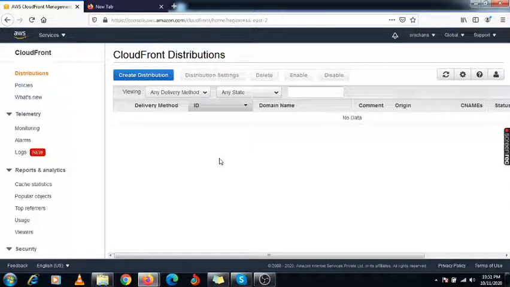When you hit any request, it first comes to this edge location, and the edge location directly communicates with your origin server. The origin server passes the response back to the edge location, and the edge location stores that URL, or you can say that web page, in the cache memory, and provides it to you, the end user.